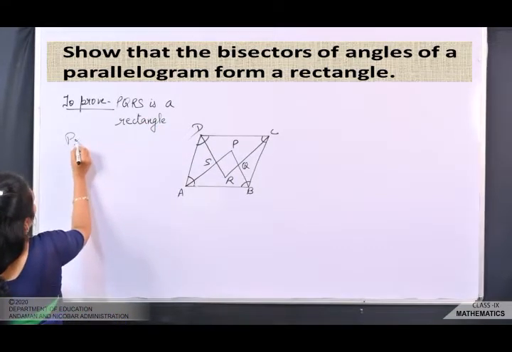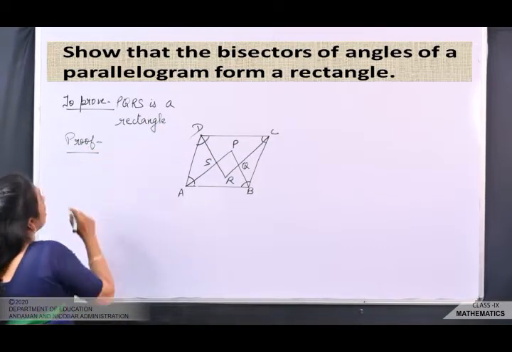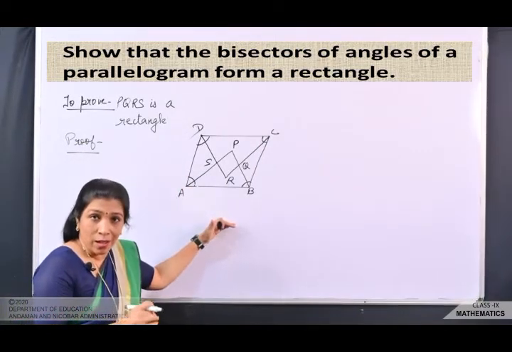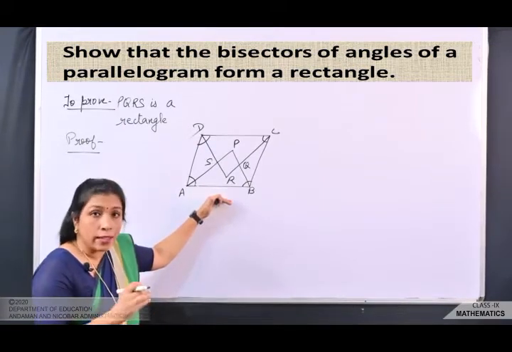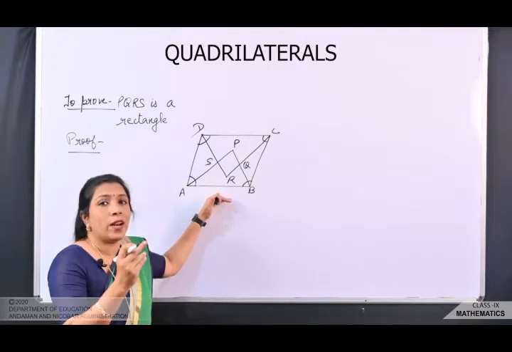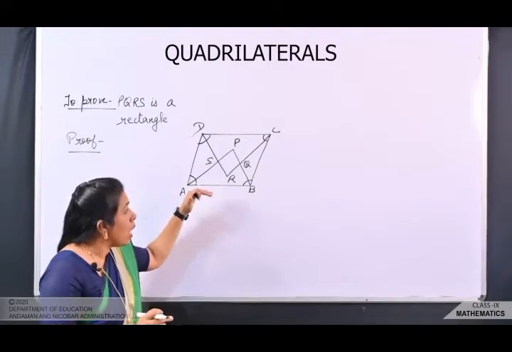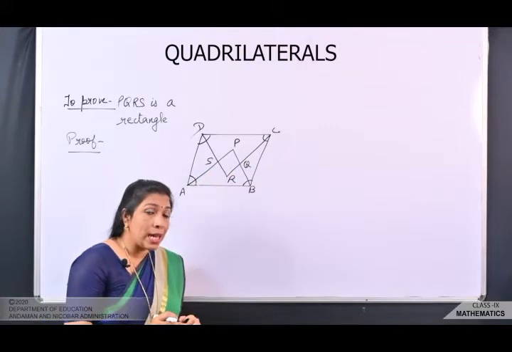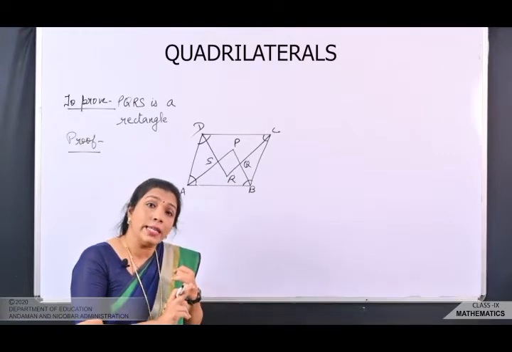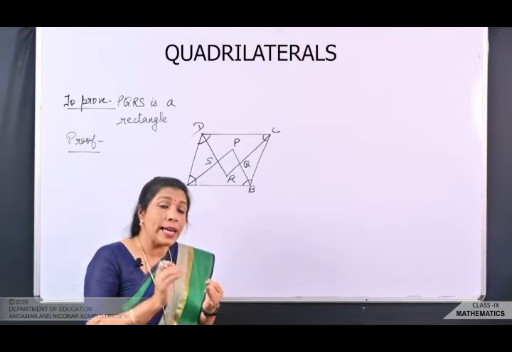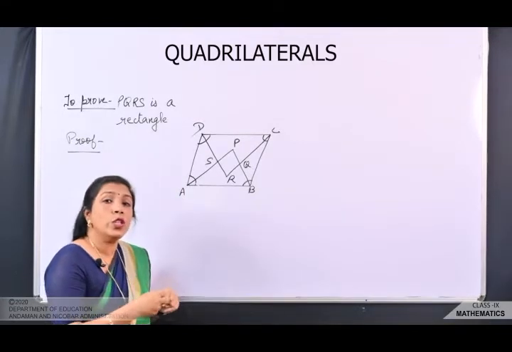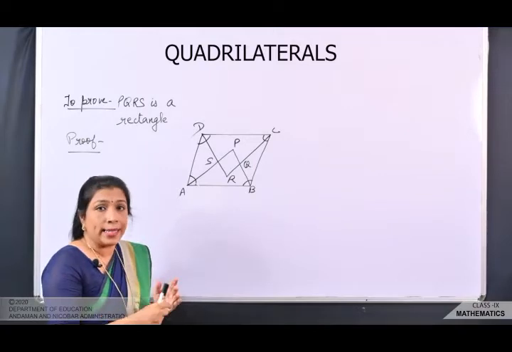Proof. Now here I have not written the given, children, because if I write the given part, half the board will be covered. So you can write the given, whatever is given in your question or whatever you see in the diagram. Now here again we have to prove that it is a rectangle. So the concept is same: first you have to prove that it is a parallelogram, and secondly that at least one angle is 90 degree. So here first we are going to get one angle as 90 degree.